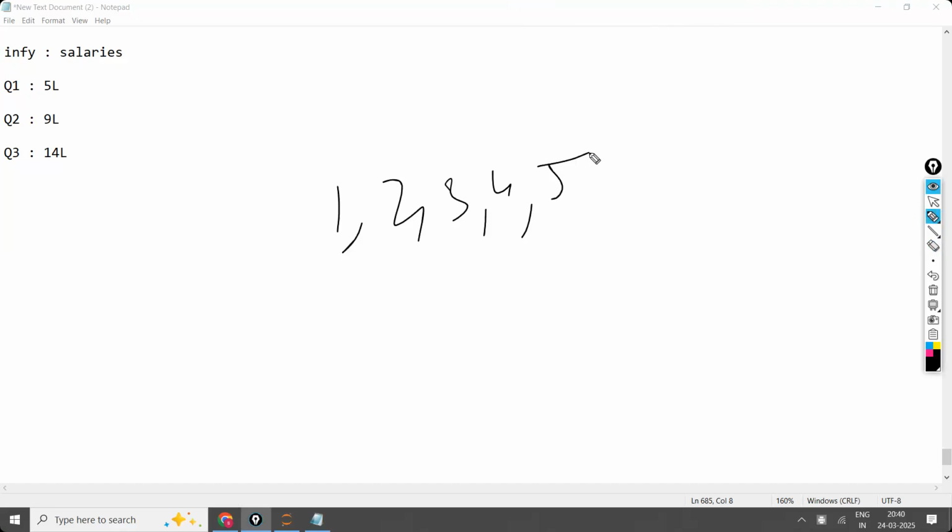So 50% of the people, in this case, let us take 1 lakh, 2 lakh, 3 lakhs, 4 lakhs, 5 lakhs. 5 people are getting the salary like this. 50% of the people are receiving less than 3 lakhs. That is okay. Now, here, one person is getting 50 lakhs also. Still, 50% of the people are getting 3 lakhs or less. But this 50 lakhs is something abnormal data, and we call it an outlier.